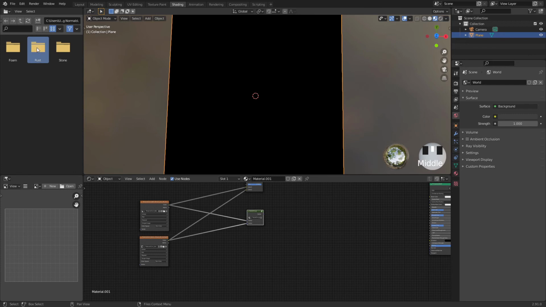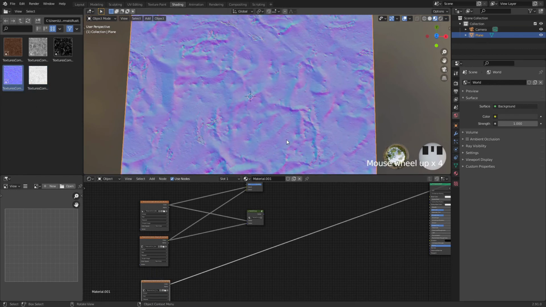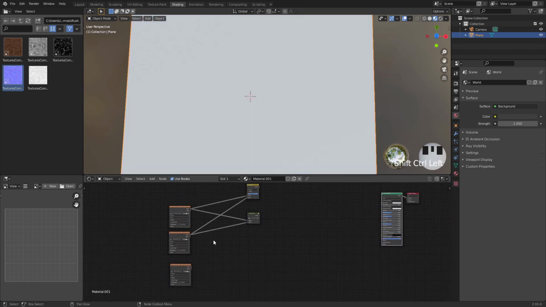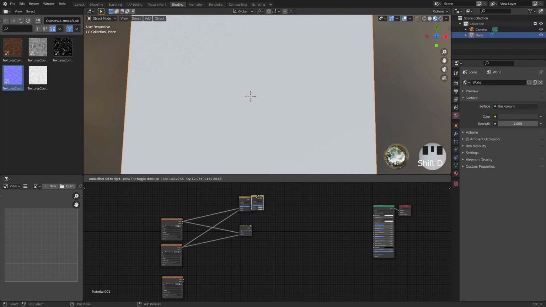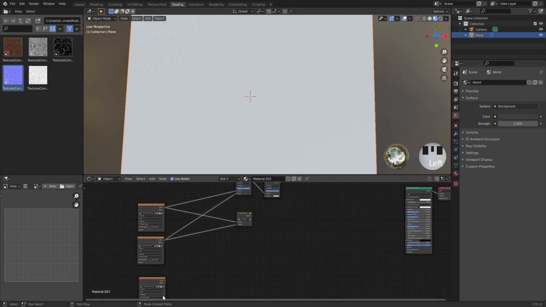So the third one I've got is just this rust, and I'm going to add this because it's kind of a cool looking normal. And I'll just show you quickly. So that's what it looks like, and I'm going to add that on top of these 2. So the way I'm going to do that, in this case I'm going to duplicate this. I'm going to put the output of this one into here, and then